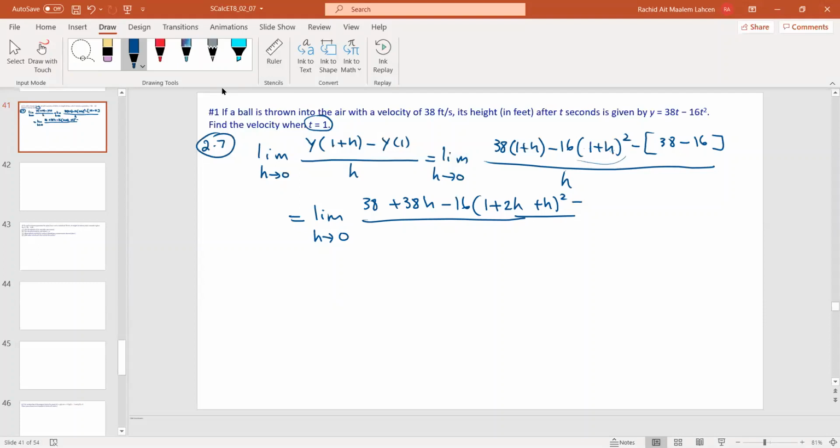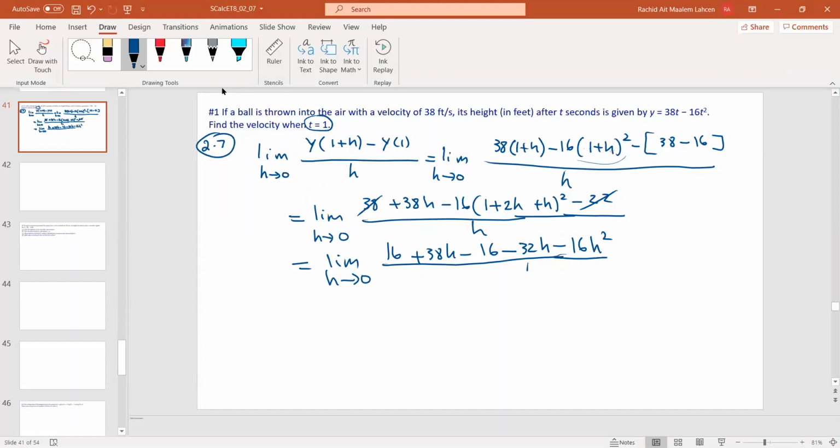Okay, so 22, and h. So 38 minus 22 will give us that 16, right? 16 plus 38h minus 16 minus 32h minus 16h squared over h,